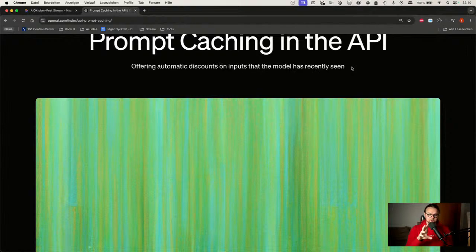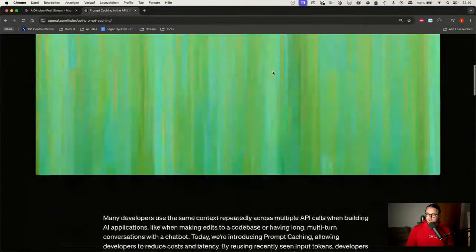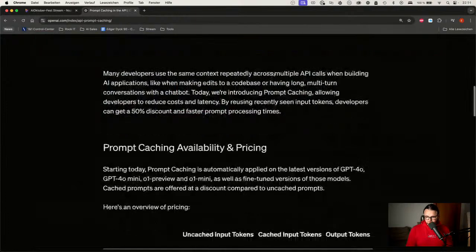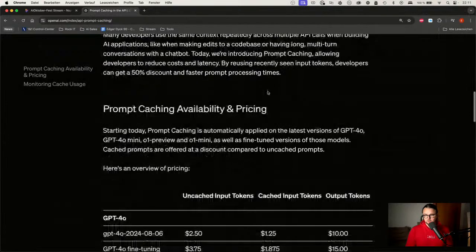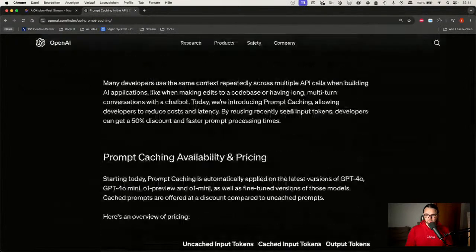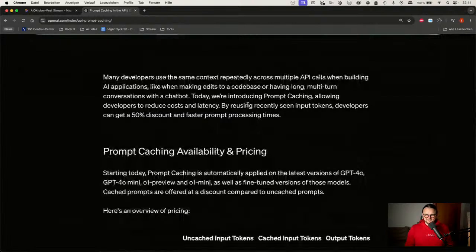Like, hey, this is the part of the prompt I want to cache, and you actually have to do it kind of manually as a developer. This is not necessary here, and the prompt caching is applied automatically, which makes sense. Because you also save resources on your side, since as far as I understood, how it works is they're just taking the part of the prompt which repeats itself, and so for that part they already know how it